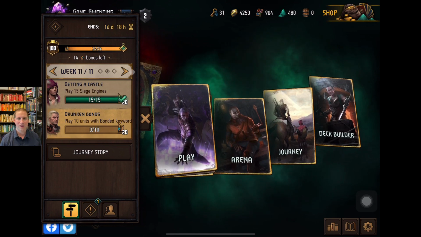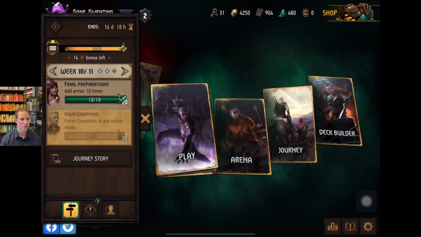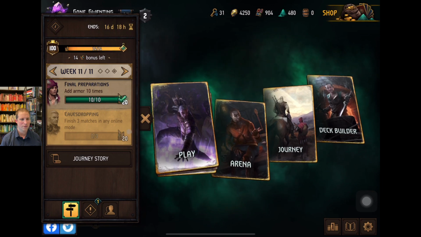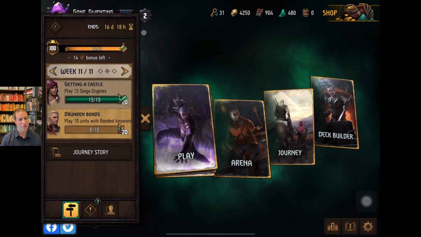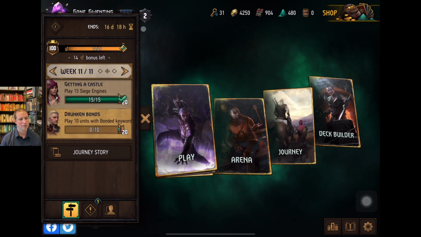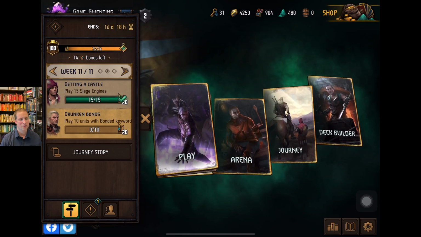Week 11 is the final week to accomplish each of these journey requirements. We have 16 more days as of June 13th. So if you are interested, if you want to be able to get those 20 extra keys for completing this,